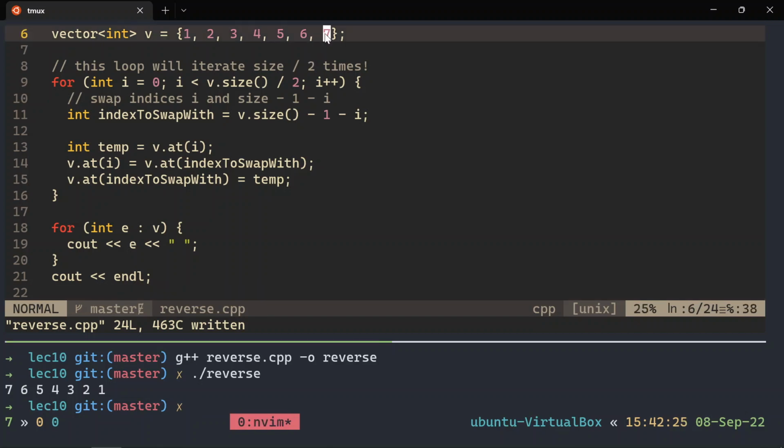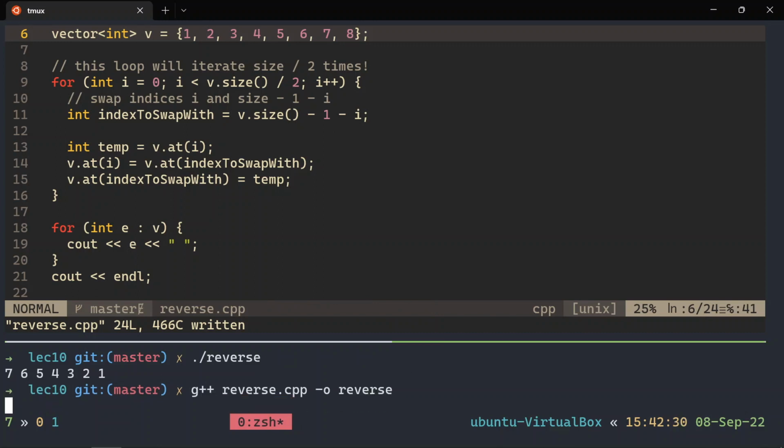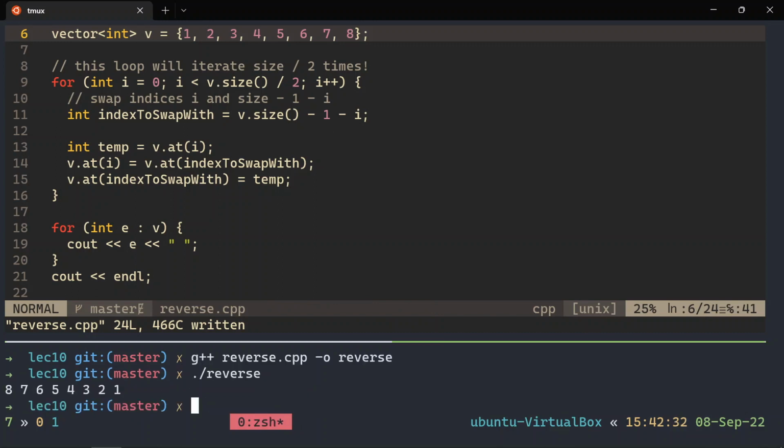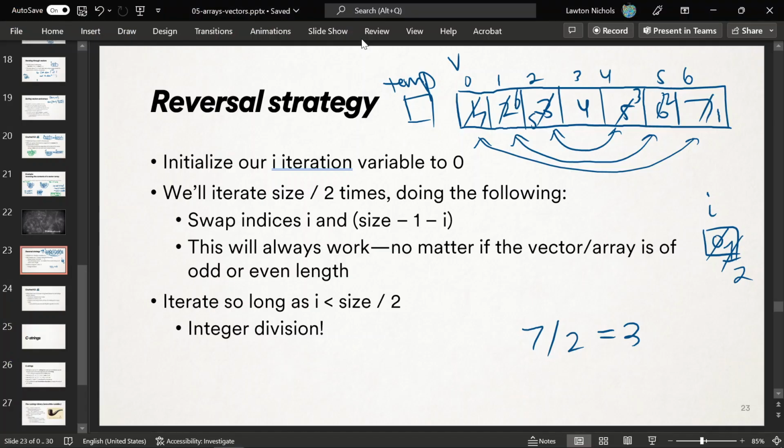And this could be any size vector, doesn't matter. It could be even sized. That size over 2 accounts for it still. The temp saves away the thing we're trying to swap. So for example,